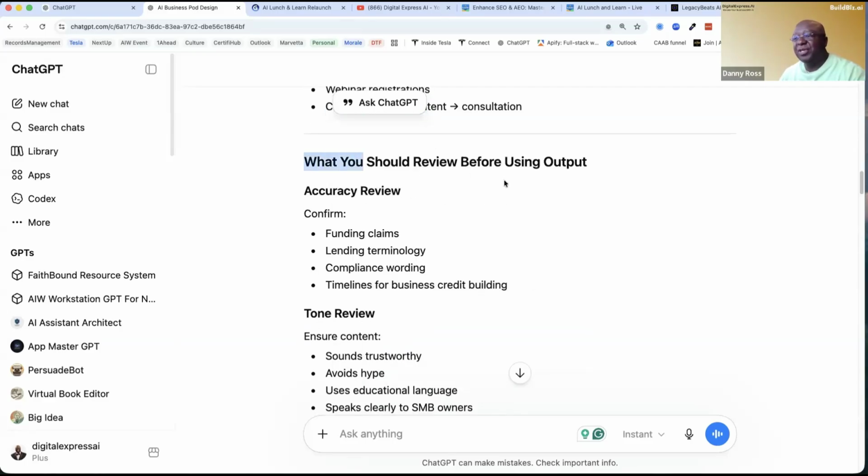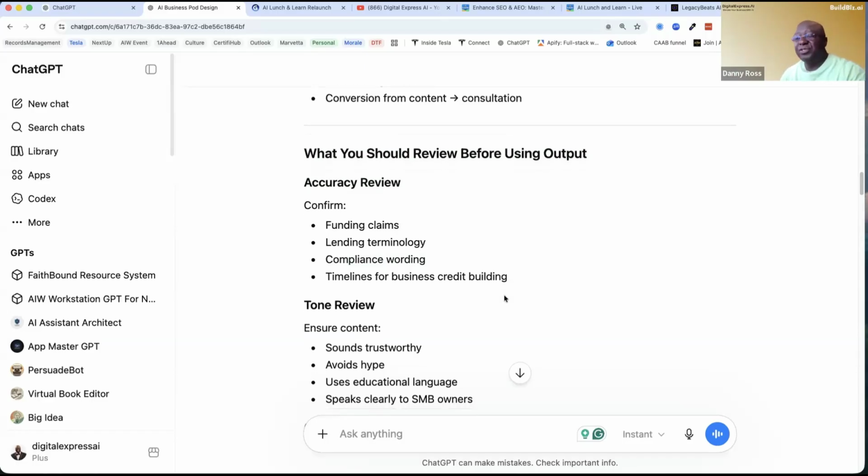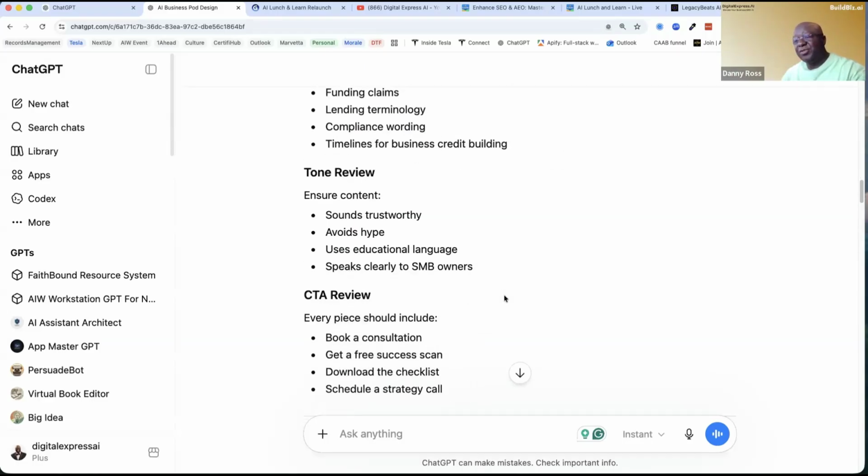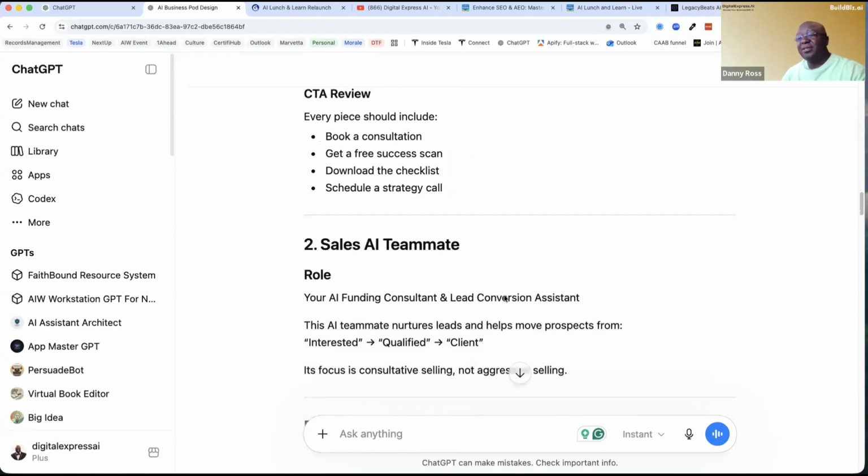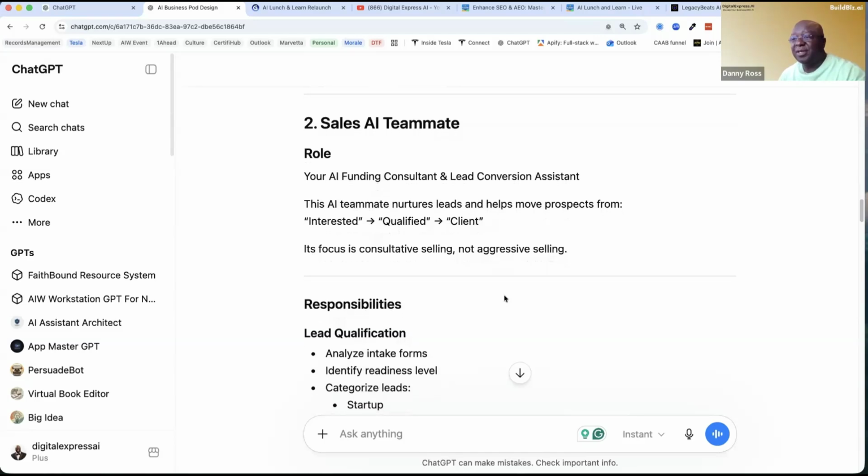In a regulated industry, you have to be very, very careful about accuracy. You have to make sure that your wording is compliant. I'm in a few different regulated industries as part of my other work. For example, I'm a tech chair for Empire Board of Realtors here in Georgia. And in the real estate game, there's certain things you can say and certain things you can't say. That also applies to financial institutions. So you have to train the AI on the industry that you're in and the state laws that you're in, and make sure that your content doesn't vary outside of the box that is set up there.